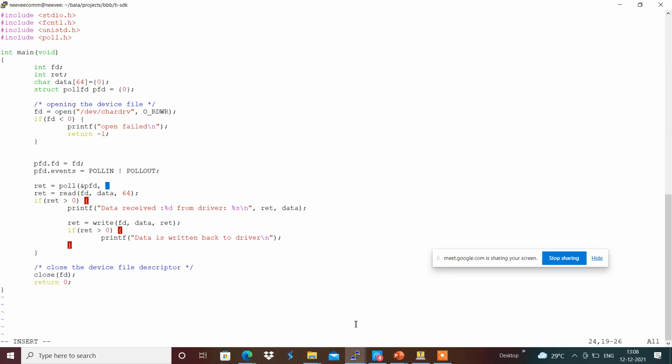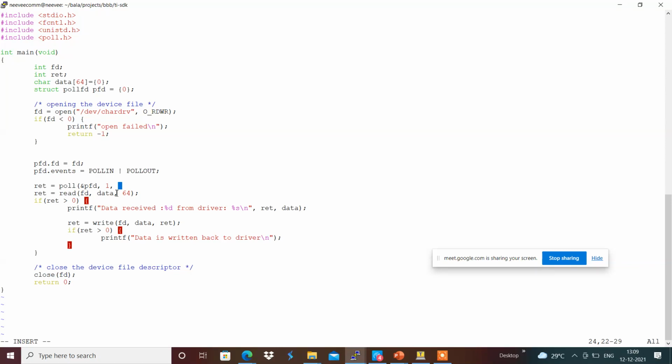For example, poll can be used for multiple devices. In and out events can be handled over here, and how many structures are present, we have only one pfd present over here. For that we have given one, and then we will be providing the timeout. Maybe 1000 milliseconds is the timeout,